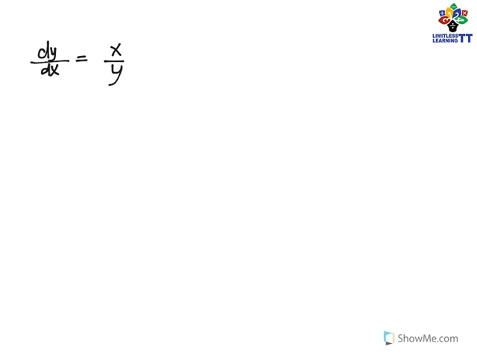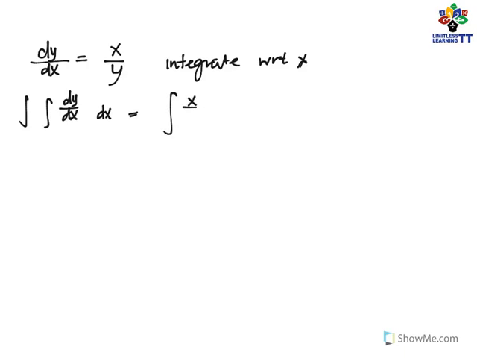So I am going to integrate with respect to x, right? So only x matters. So the integral of dy dx with respect to x is equal to the integral of x over y with respect to x. This is simply going to go to y. On the right hand side, only x is the variable, so that means that 1 over y is treated like a constant, the integral of x with respect to x. And so this is going to give me 1 over y times